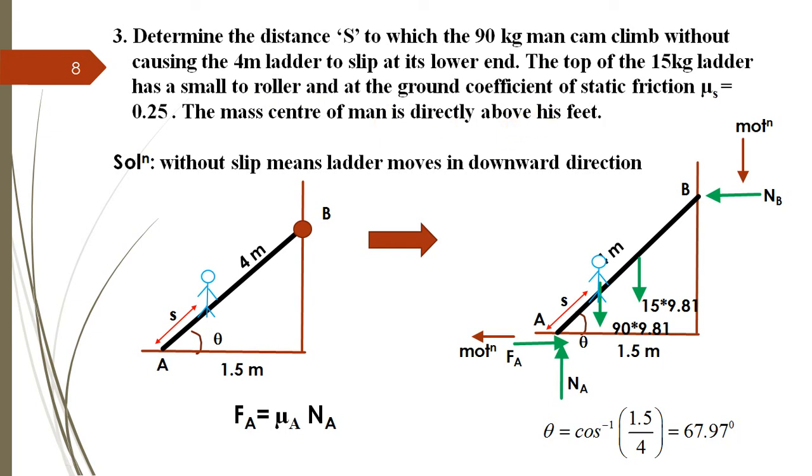So good problem. Now if you observe this problem, at B it is mentioned that there is a roller support. When there is a roller support, it indicates that no friction will be offered by the wall. So here Fb will not appear in your example. Only the reaction offered by the wall onto the ladder will appear. So it is shown over here.